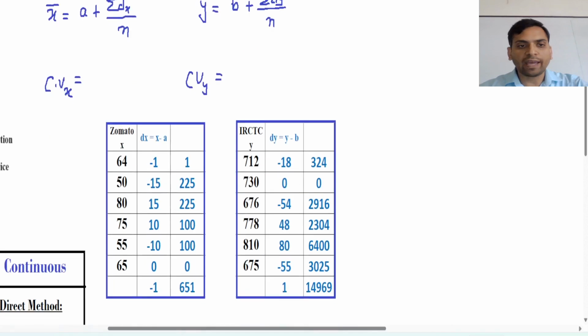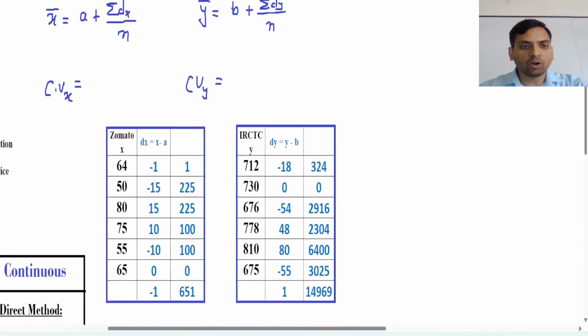Now value of x and a and b is what? In this x column you may take any value, but we will take approximately middle. Middle means highest plus lowest divided by 2 near about. So we are taking this as a in first data set, and in this second data set we are considering this 730 as b. So you can find 64 minus 65 is equal to minus 1, that is what dx,